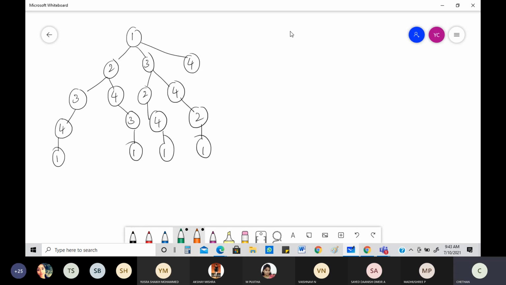Okay, write it. Now what we have to do? We are going to take 1, then 2, 3, 4. The choice will be between 2, 3, 4. Next, we are going to take 1 and 2, which is this path. We are going to figure out the values of this one and also this one, so that we'll do first. Then we'll come back and put the equations with regard to 3. We are going to find out the values of this and also this.